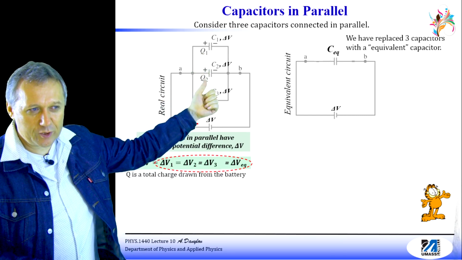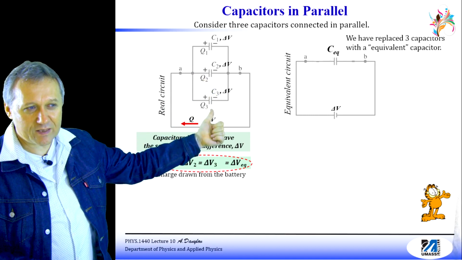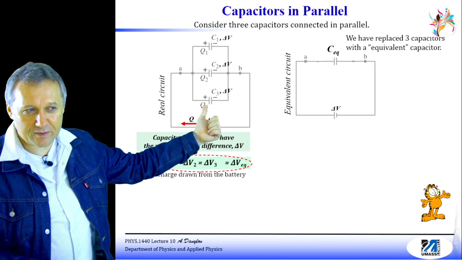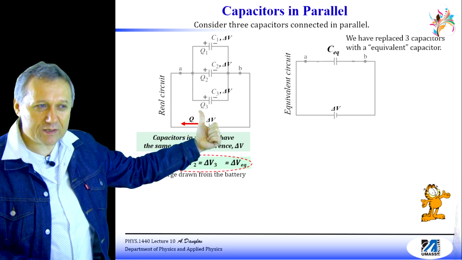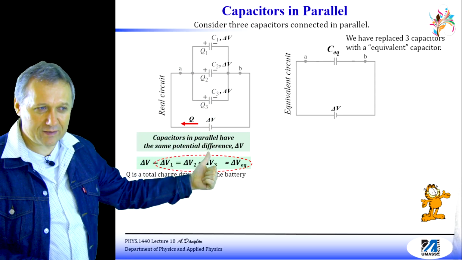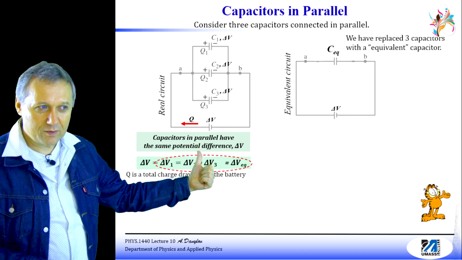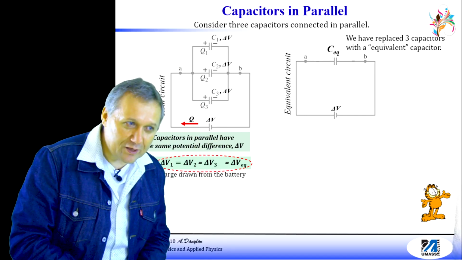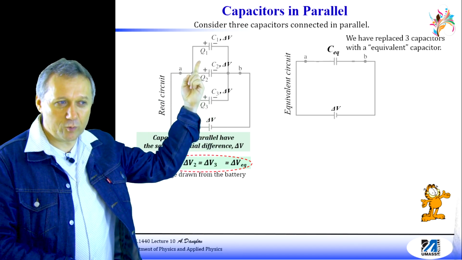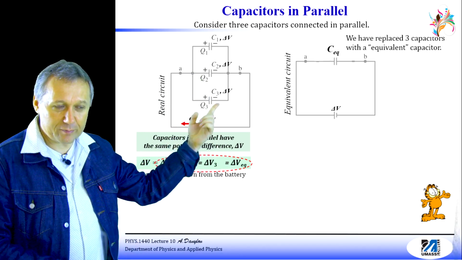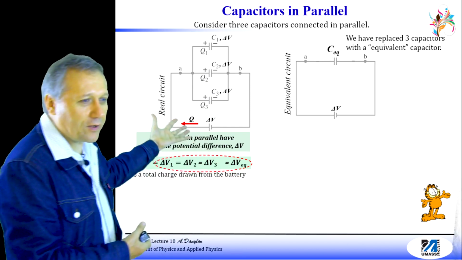Some charge will go into this capacitor, Q2, and some charge will end up in the capacitor Q3, right? And of course, what can we say about these charges and this total charge Q? We can use conservation of charge. Q, this total charge, must be equal to Q1 plus Q2 plus Q3,